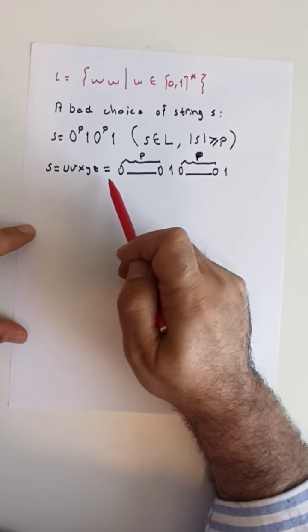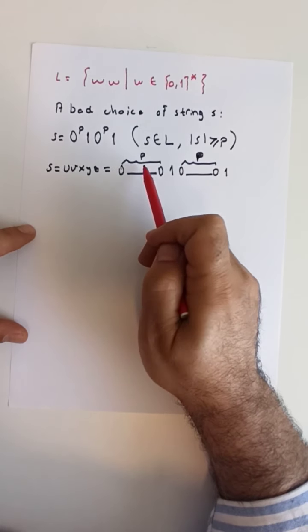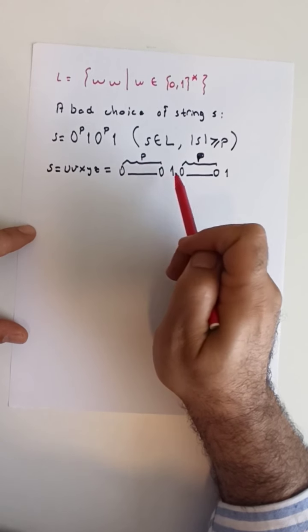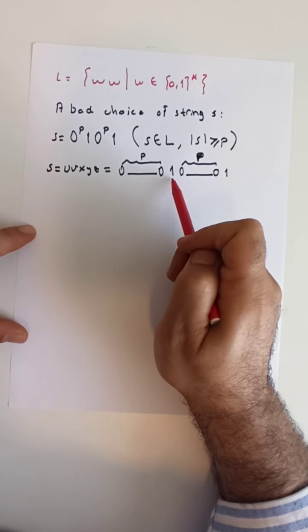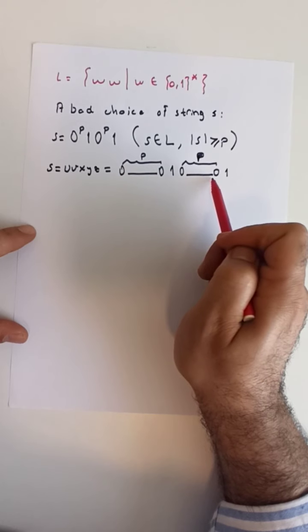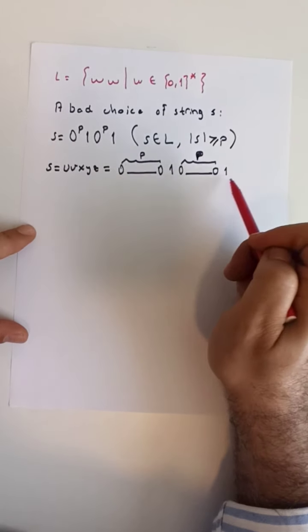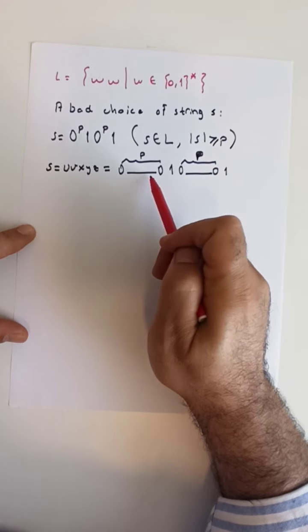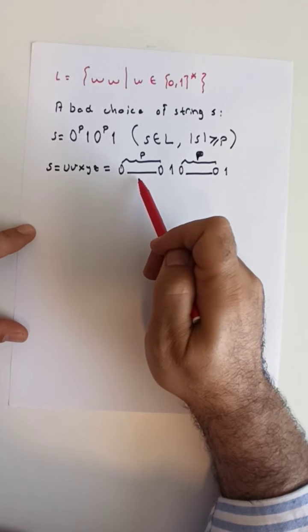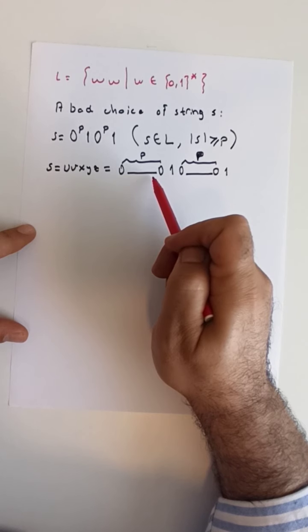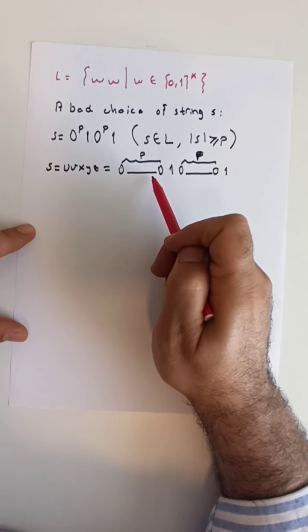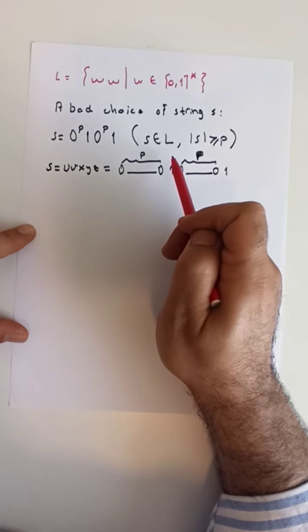So the number of zeros in uv² xy² z is now going to be greater than p, followed by the symbol 1, followed by p zeros, followed by the symbol 1, because we didn't do any modification in this part of the string since we assumed vxy was here. Now under this case, it's clear that the new string will not belong to our language L,